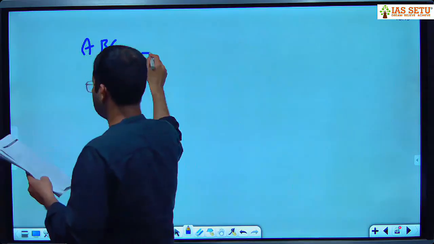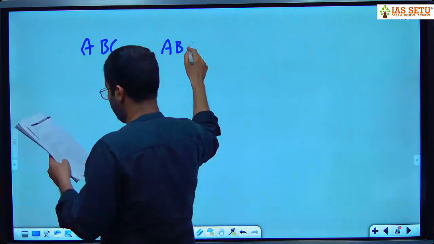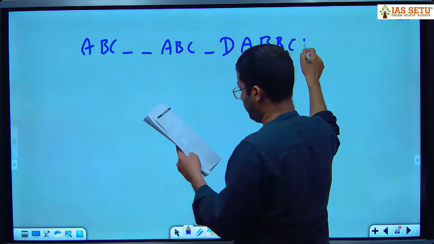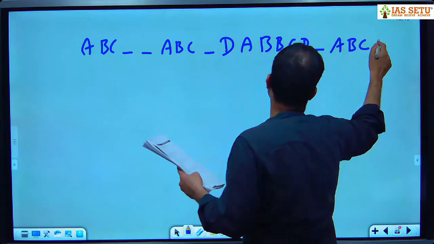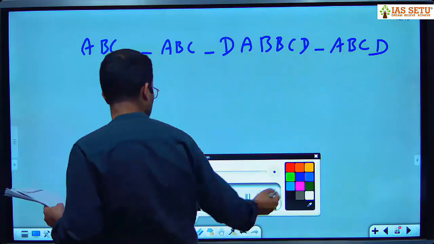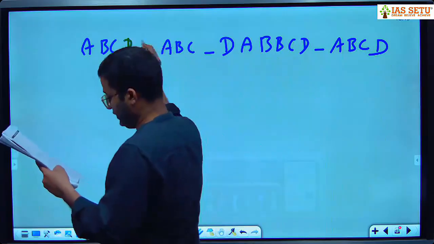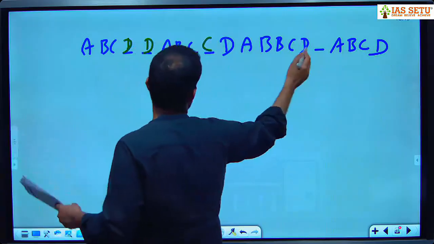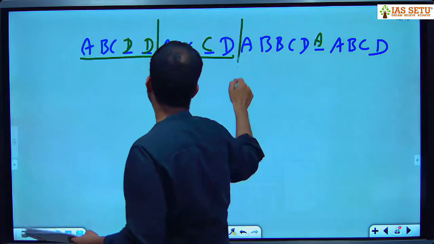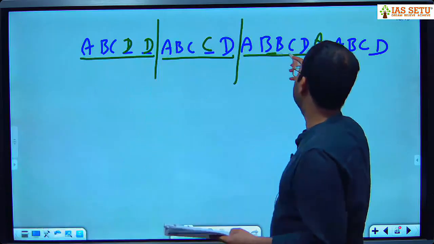Question number 4 is ABC dash dash ABC dash DABBCD dash ABCD. आंसर ऑप्शन डी है इसमें, which is DDCA. यहाँ पे ABCDD 2 बार है, यहाँ पे CC 2 बार है, फिर B रिपीट हो रहा है, फिर